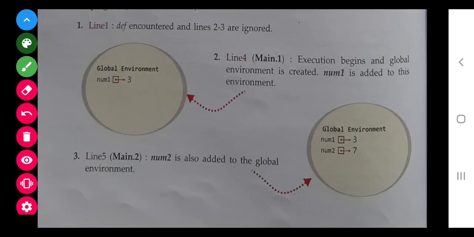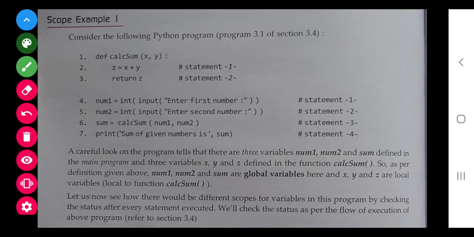So here line 1, what they said, def encountered line 2 and 3 are ignored. चलो अभी नहीं आएगा समझ में, अभी इसके ज़रिए ही आएगा. 2 और 3, here 2 and 3 statement, ये दोनों के दोनों लोकल हैं वेरिएबल.